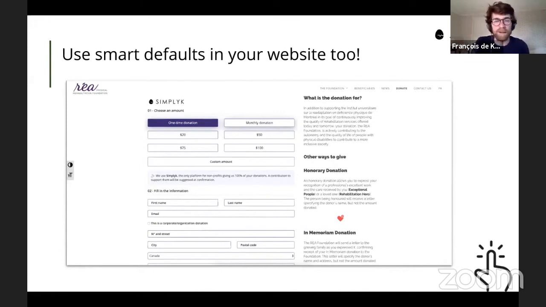Same, 9% of people prefer to donate by PayPal, whereas 60% prefer to donate by credit card. So the major option should always be credit card, but then you can add somewhere a button, hey, you can donate through PayPal if you prefer, or you can do an Interac if you prefer. But the smart default allows you to streamline the process and keep it super, super simple.